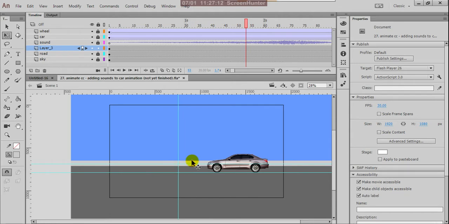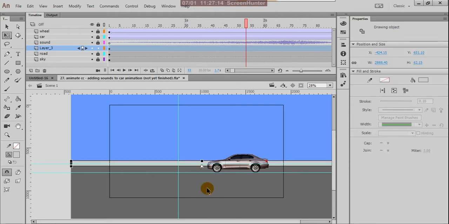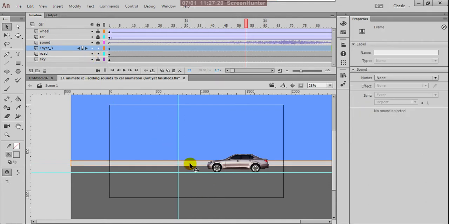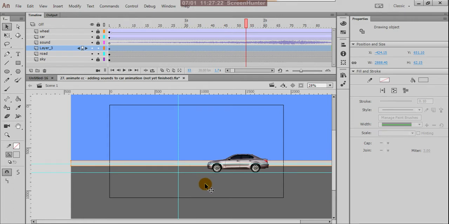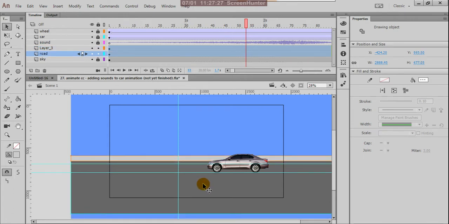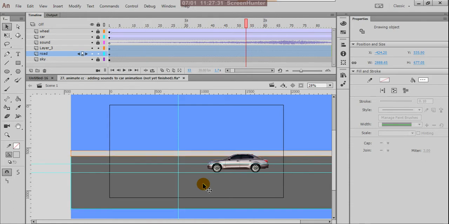If you want, you can move this footpath and road up to here, so you will get some space.